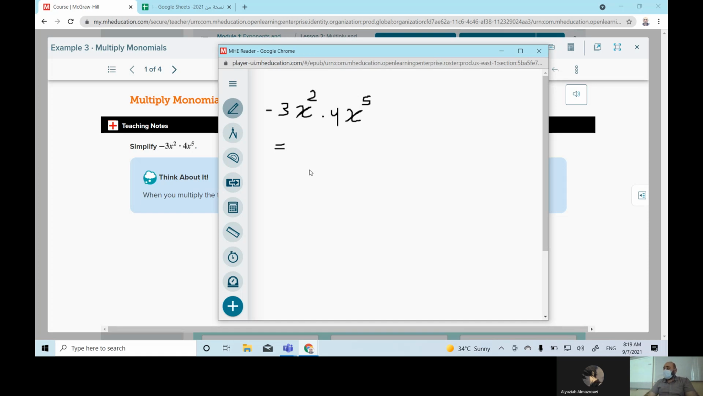Okay, listen to me. When you want to multiply monomials, start from the signs. Here we have minus, here we have positive. Minus times positive is negative. Then start from the numbers: 3 times 4, 12. Then multiply the variables. As you see here, the variables have the same base, which means you can use the rule. So x exponent 2 times x